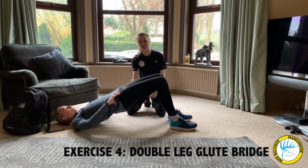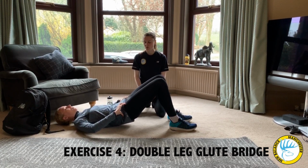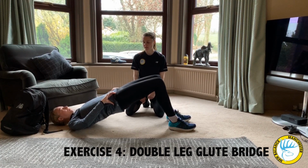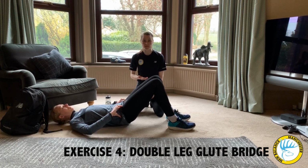So if you poke your own glute muscle and it's not switched on, you're not doing it right. And then you'll lower back down. So you can do a few sets of this. So roll up and back down. To make this one harder, as we've shown before, you can do a single leg glute bridge,